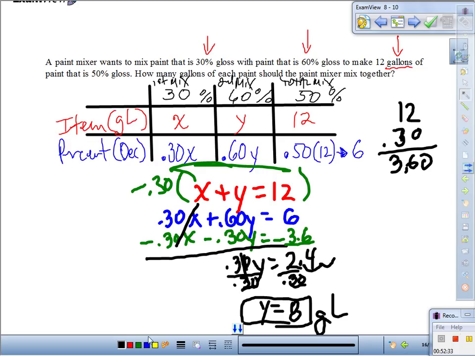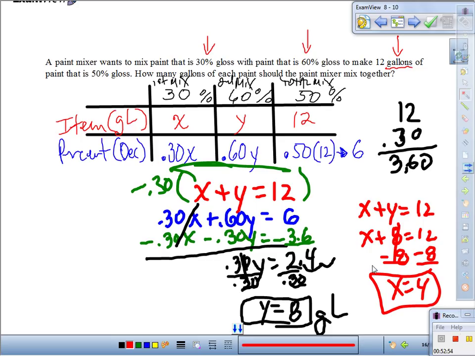Okay, good. Let's go to the solve for x. X plus y equals 12. X plus 8 equals 12. Minus 8 minus 8. X equals 4. And this is gallons. Therefore, the paint mixer mixes